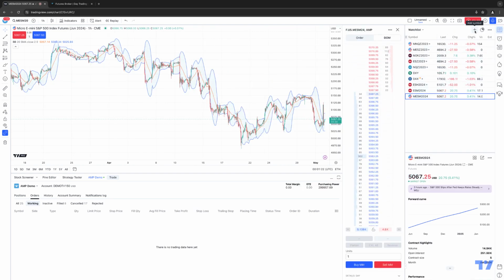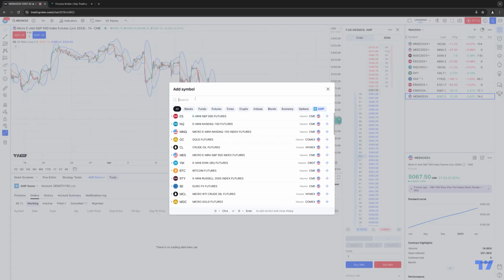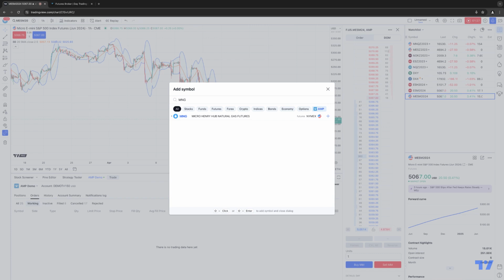Now you're going to want to click the little plus sign here at the top that says add symbol. Once this opens up, the add symbol dialog box will populate. It's going to default to the all category group. You can leave it exactly as is. The next step is you want to type in the symbol that you want to add into your watch list. So we're going to go ahead and type in MNG, and this is the Micro Henry Hub Natural Gas Futures